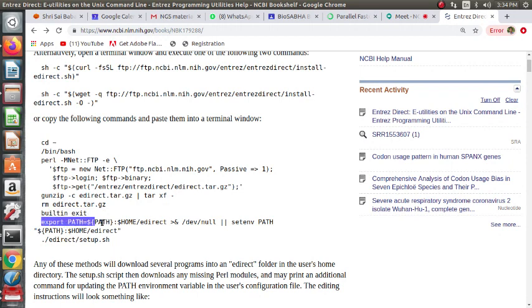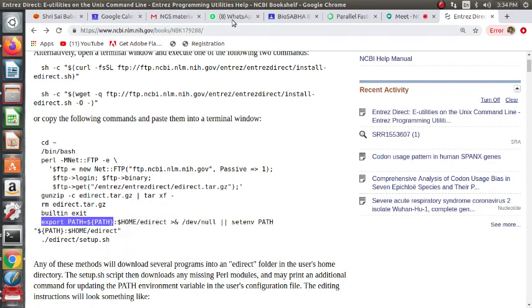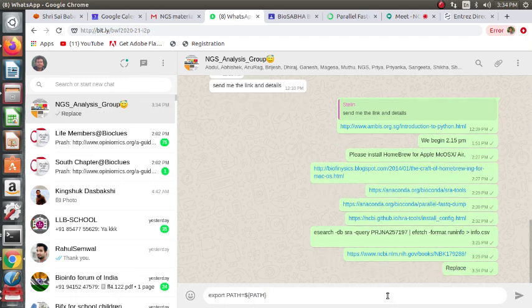And instead of export path is equal to $path this, just replace this. So export path is equal to $path semicolon $EWD. Yes.